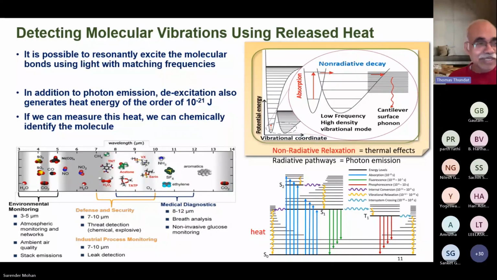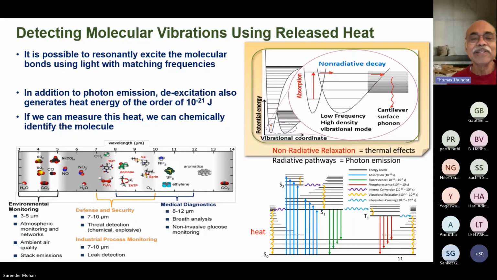So now assume these molecules are absorbed on the surface, and you are hitting it with infrared light. In this picture towards the bottom, you see a scale that shows the wavelength, 3 microns to 14 microns. And you can see that different molecular groups have very unique vibrational frequencies, that is shown here. For example, the 3 to 5 micron range is basically used for